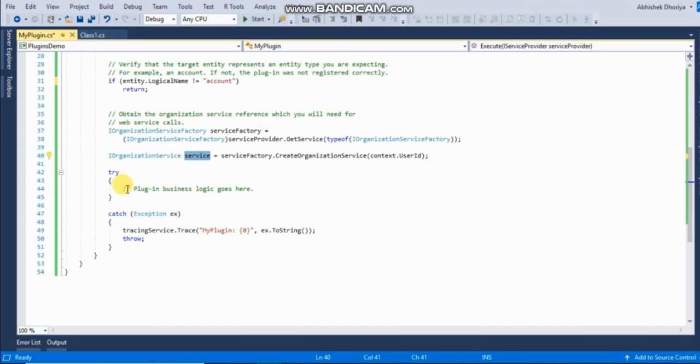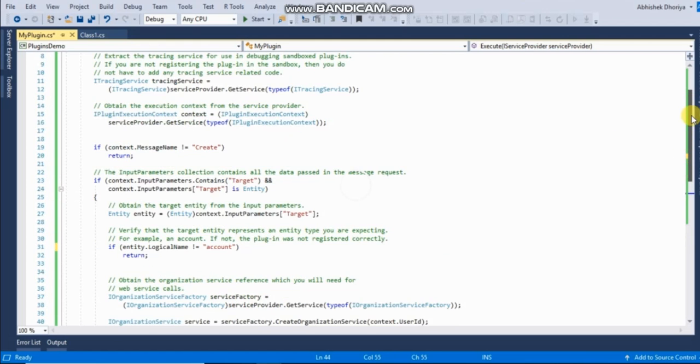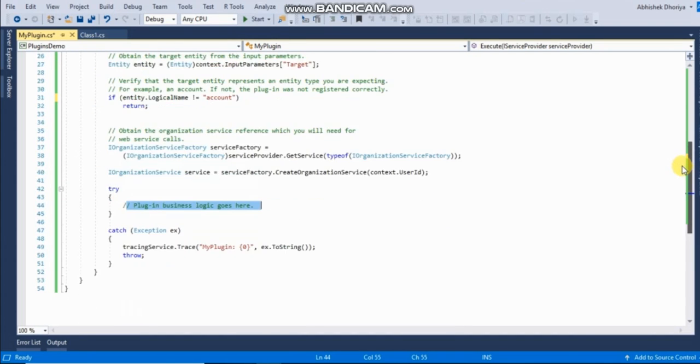Any operations that you are going to perform within your custom code will be under this particular user's context. That user context you will be defining at the time of plugin registration. And here your plugin logic will go. This is the standard structure, and you will find many standard lines of code before your actual custom code begins.